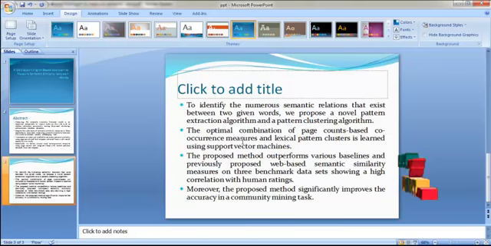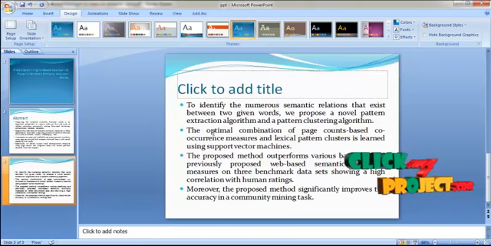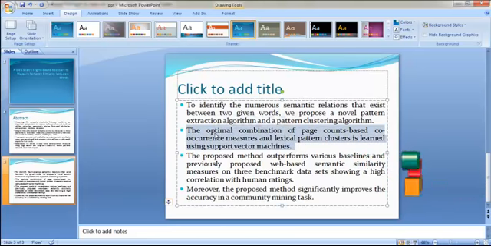To identify the numerous semantic relations that exist between two given words, we propose a novel pattern extraction algorithm and a pattern clustering algorithm. The optimal combination of page counts based co-occurrence measures and lexical patterns clusters is learned using